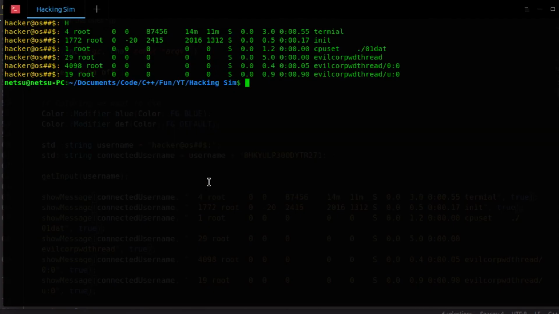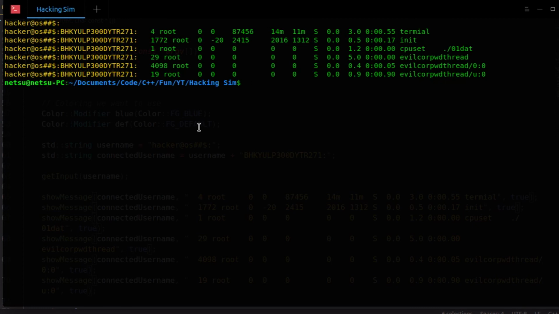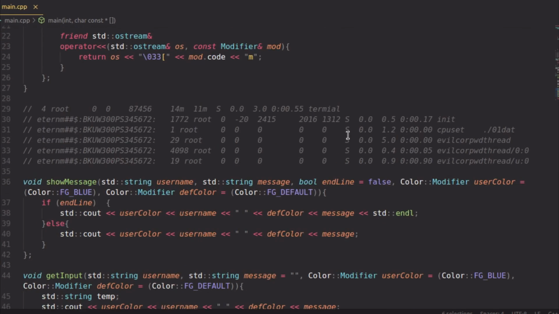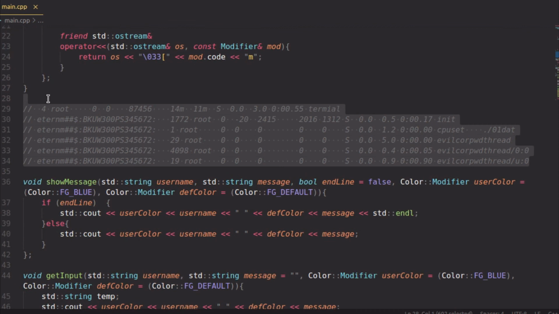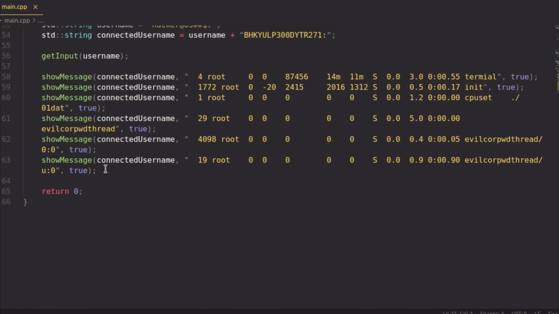Now if we were to run this, and we just press enter, and then boom, there it displays a bunch of beautiful information that doesn't actually make that much sense. And now we can actually go back up here and just delete this. That's nice. So now we're basically halfway done. You can just copy this if you want, like pause the video or whatnot, and then we can get more